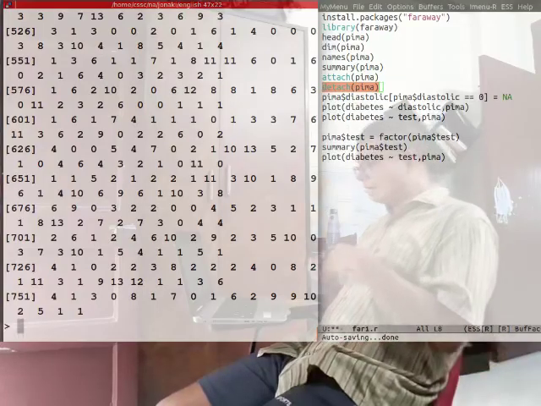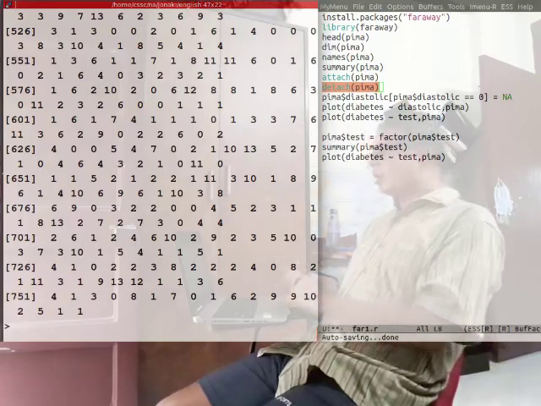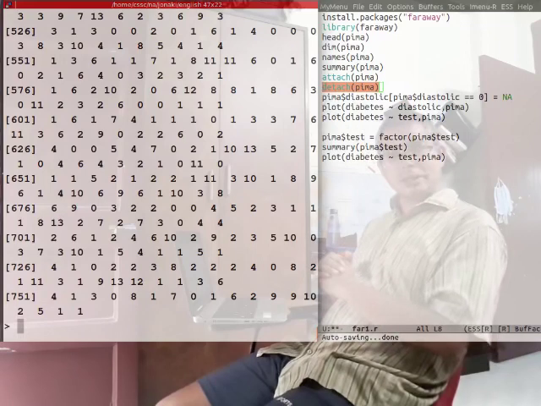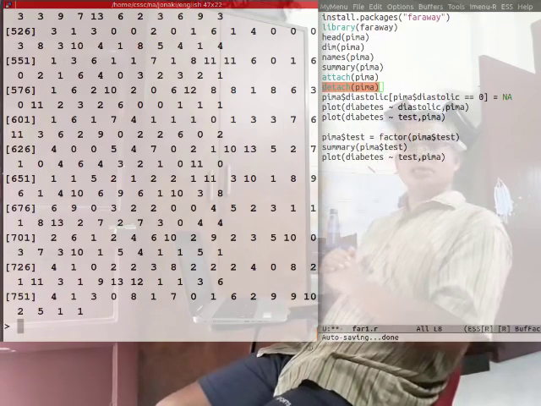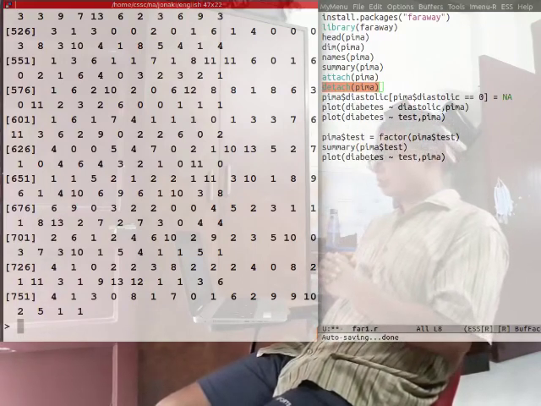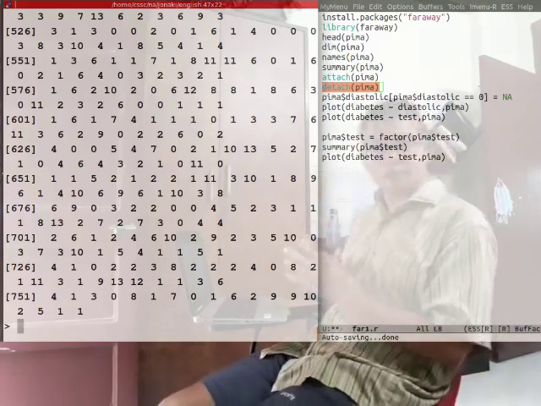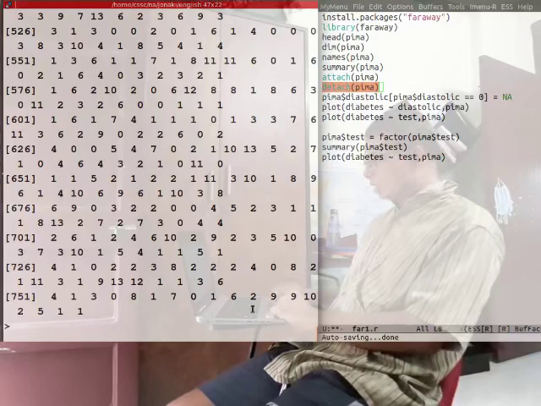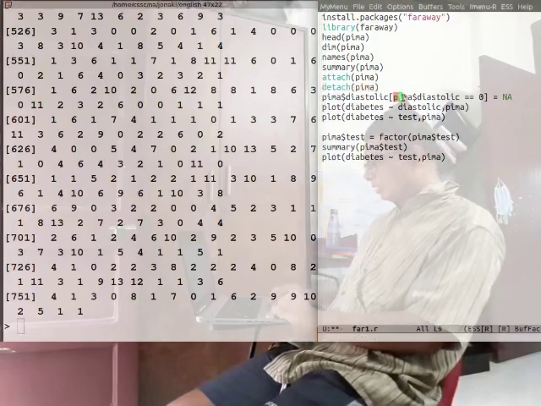Okay, so now let's get back to our diastolic thing. We notice that some of the things were zeros. Now we do not like that. We want to indicate using some smarter technique that these are missing values. The way to do it is to first check where the values are. And for this, the command is pima$diastolic